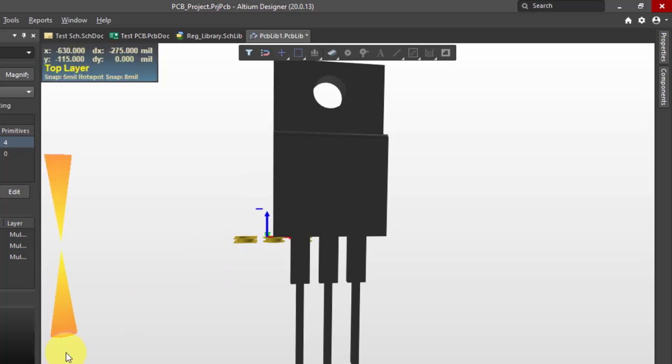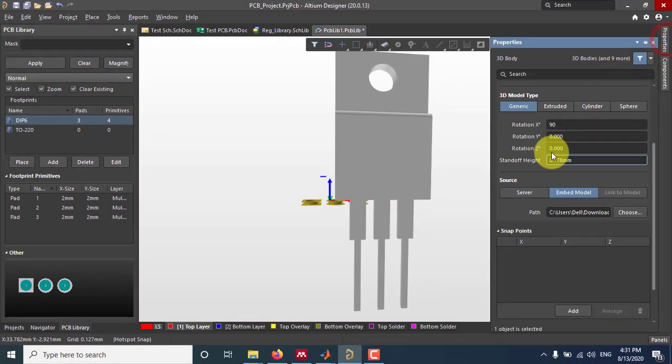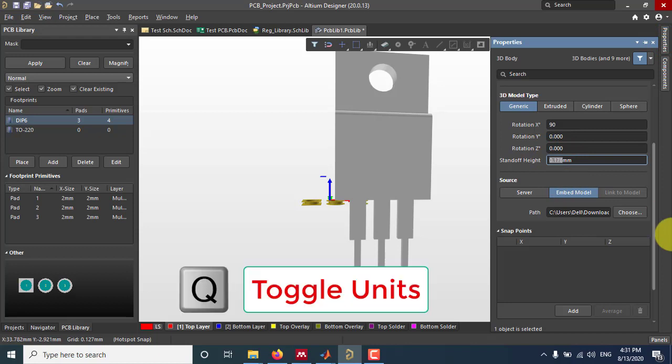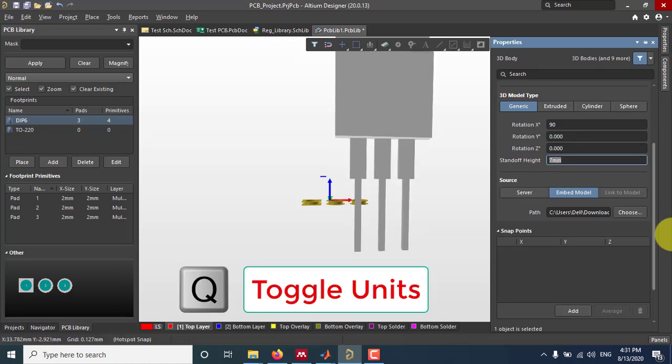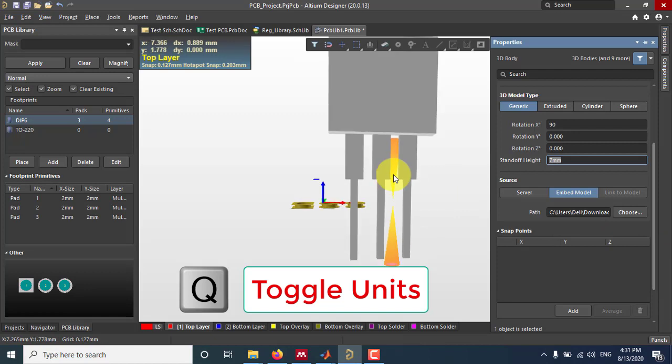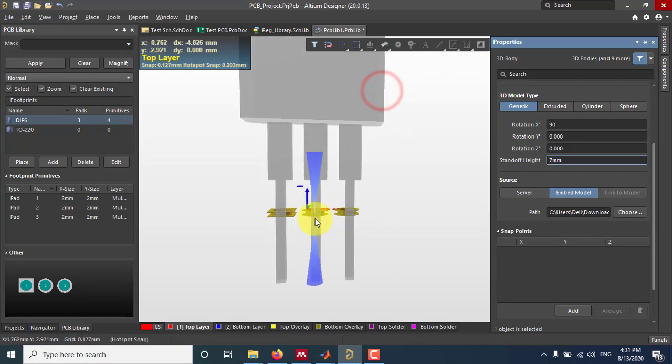The type of unit you can change by just pressing the Q button on your keyboard. I have pressed Q, and you can see that the unit is now millimeter. Okay, so there's a standard height now, and now we can